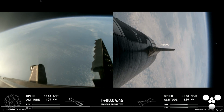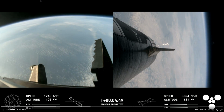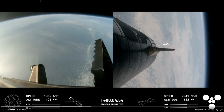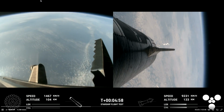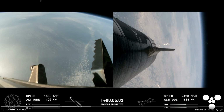In the meantime, the ship will coast for about 40 minutes or so up to an altitude of 214 kilometers. And after its coast phase, it will attempt a controlled re-entry, including a flip maneuver and a landing burn, just before splashing down in the Indian Ocean. But as a reminder, we are not attempting...